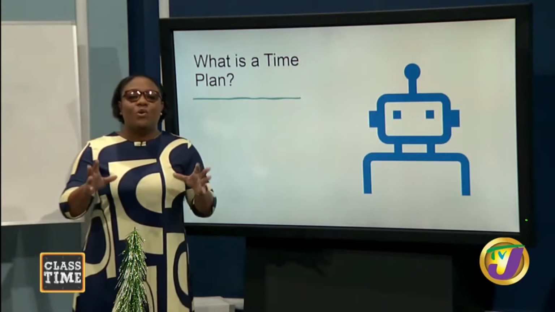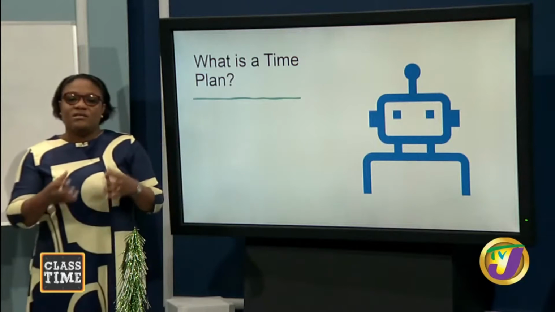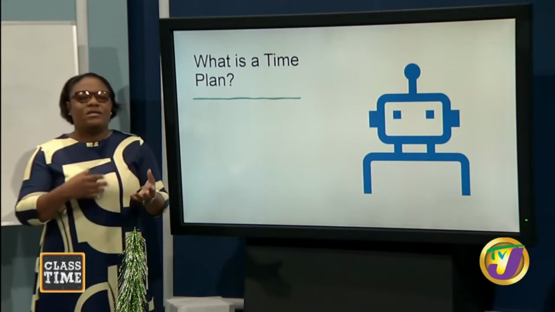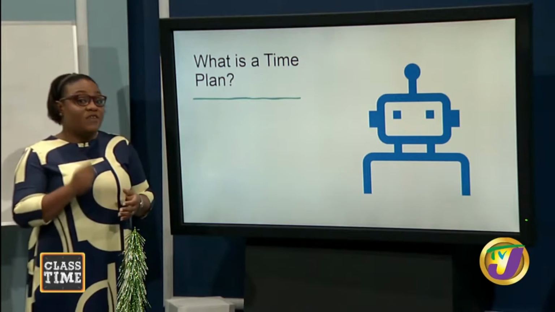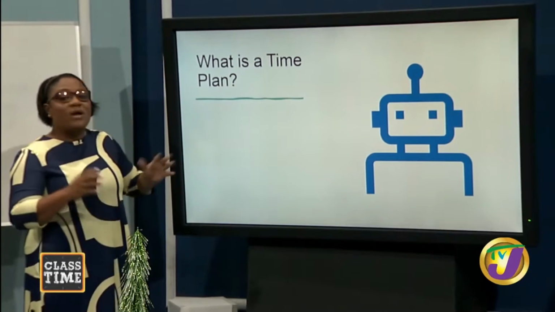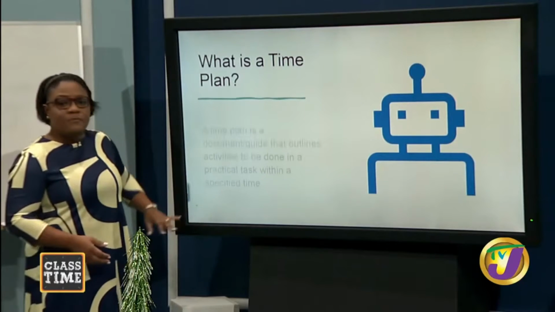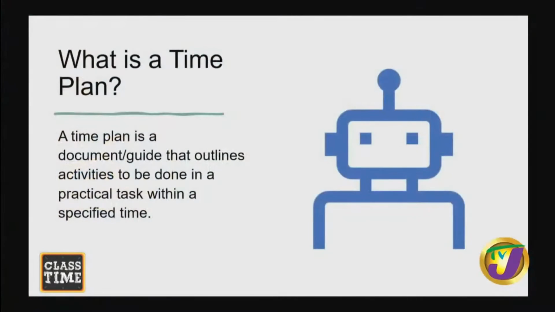You can't evaluate, you cannot present, and you cannot show manipulation unless you plan well. So now that you know what exactly your SBA is, a task that is given to you by CSEC, and you tend to get those tasks quite early in the academic year so that you can plan efficiently and accurately too. So how do you go about planning? What exactly is a time plan? A time plan is a document or a guide that outlines activities to be done in a practical task